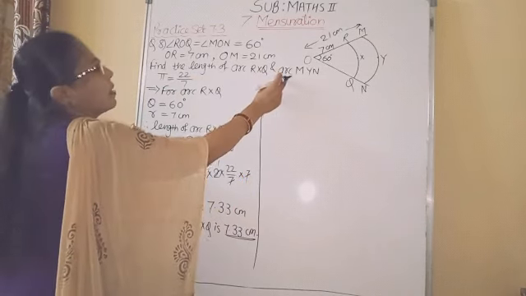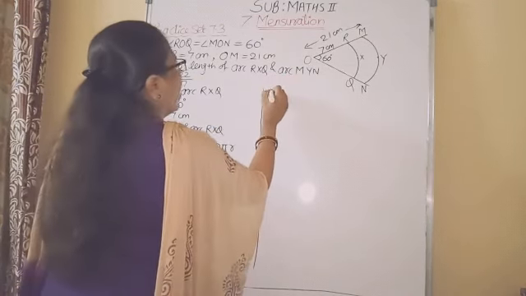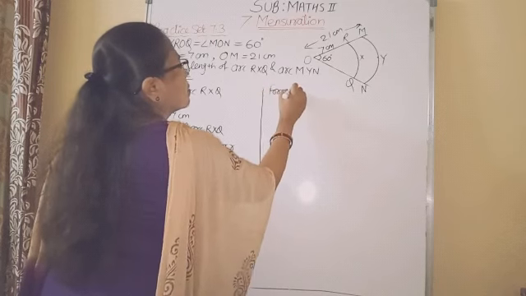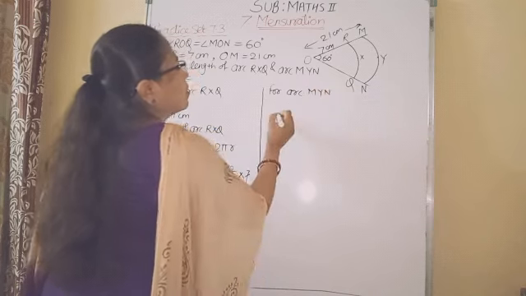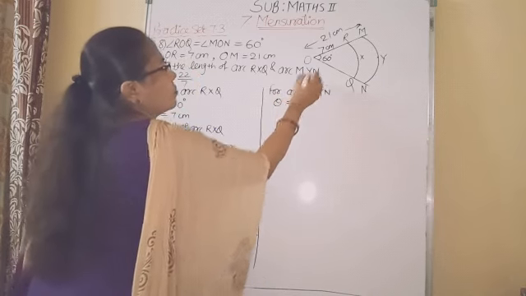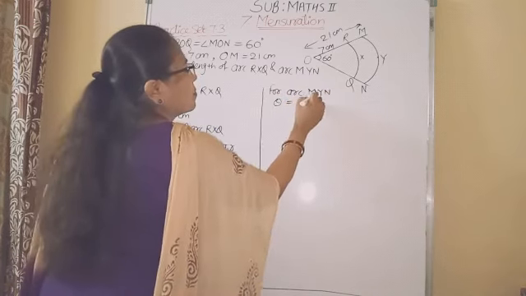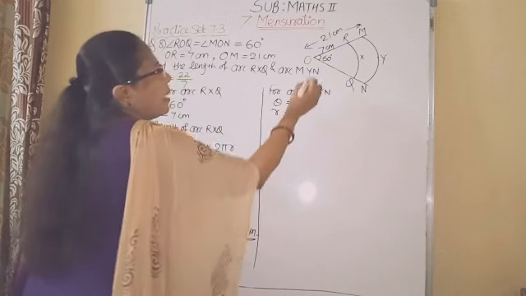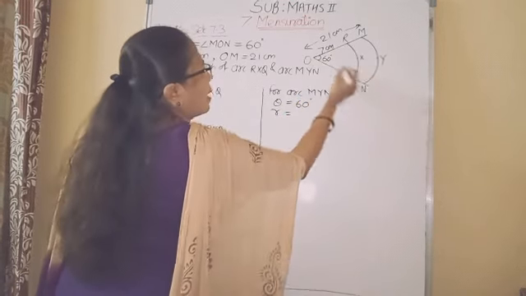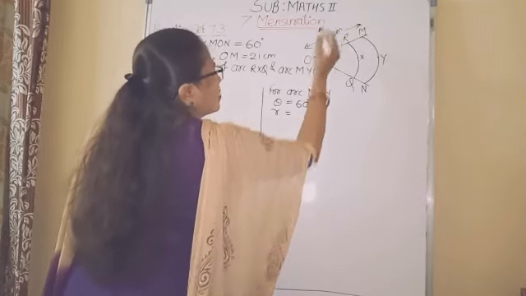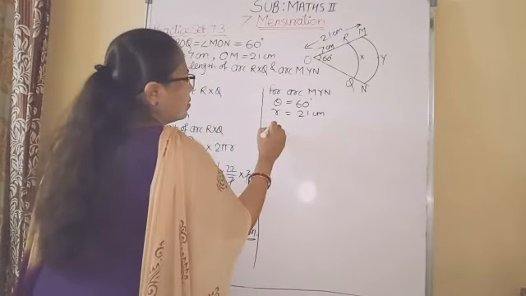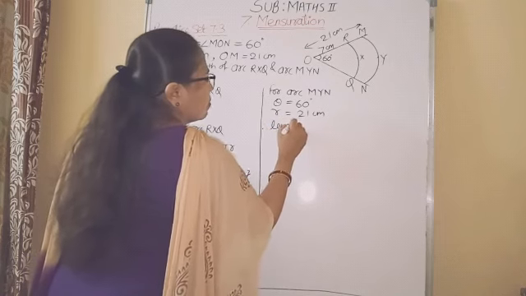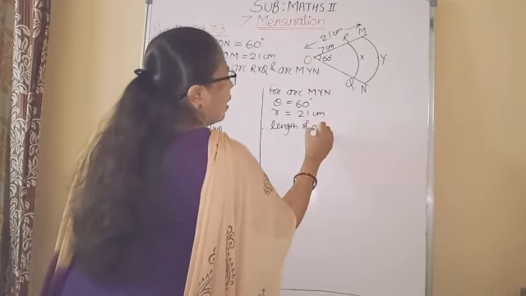Arc MYN. For arc MYN, theta is equal to 60 degree. Radius for arc MYN is OM, which is 21 centimeter. And therefore, length of arc